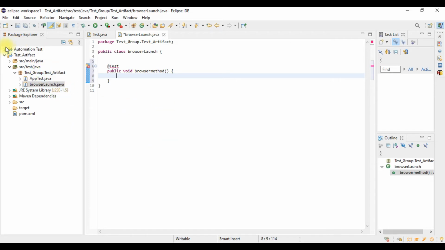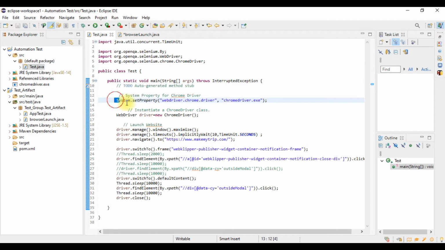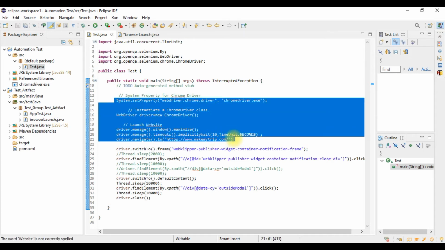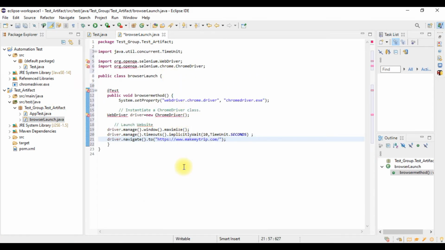So let me quickly copy the code for launching the browser from another class which I have written previously. I will paste this code in this browser launch method, right? And at last we will write driver.close, right? Some of the errors are displayed here because we have not imported the dependencies, right?